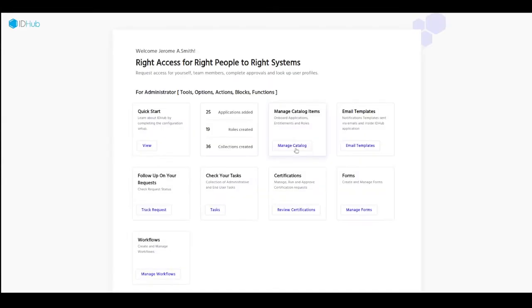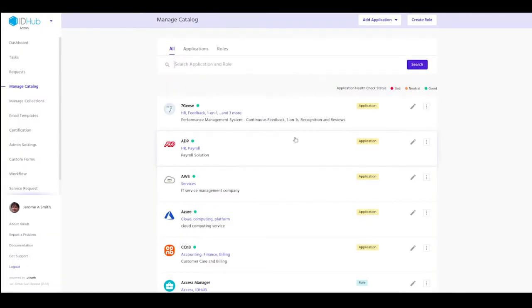From the dashboard, let's navigate to the Manage Catalog page, where we can view and manage all existing resources. Before I begin, I want to define reconciliation. It is an audit process that compares user access to resources against the agreed-upon identity source of truth. This process is used to confirm what data is present in an application and sync that data with what is